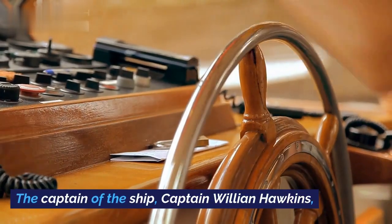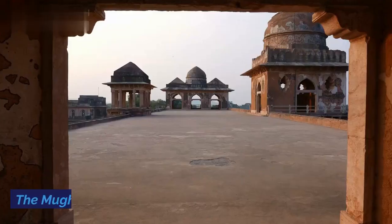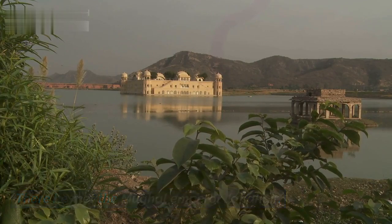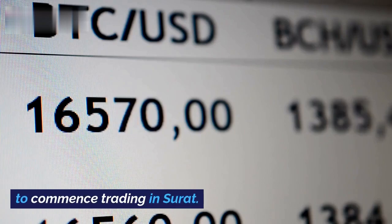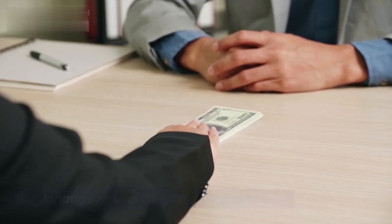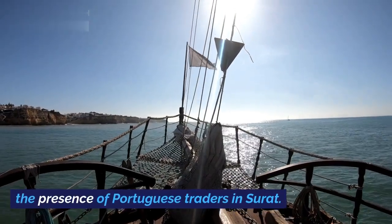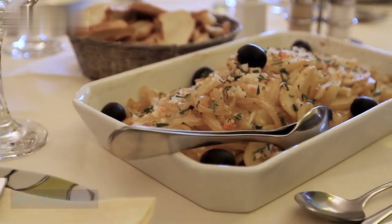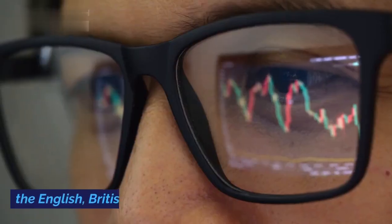The captain of the ship, Captain William Hawkins, traveled a long way to Agra, the Mughal capital. There he met the Mughal Emperor Jahangir. He tried to ask him for permission to set up a factory to commence trading in Surat, but Jahangir refused to grant the permission. The simple reason for this was the presence of Portuguese traders in Surat. The Portuguese traders had good relations with the Mughals, so Jahangir had no reason to enable their competitors, the English,